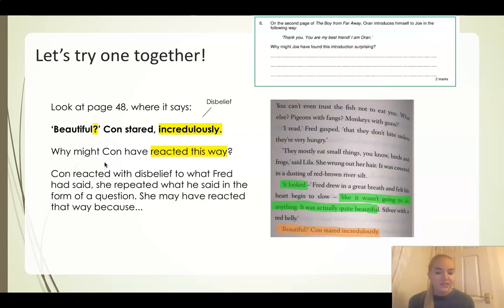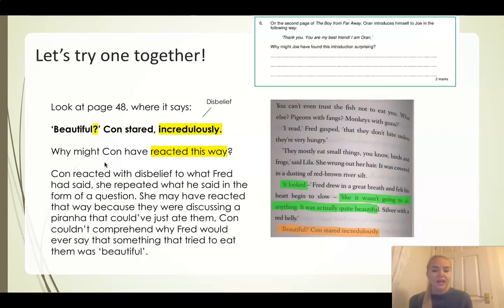So now I can start to use my evidence from the text to actually prove why she might have reacted this way. So now I'm starting to explain it by saying they were discussing a piranha that could have just ate them. And again, that isn't anything new. That's things that the text has told me. The text told me that they were discussing a piranha that could have just ate them. Con couldn't comprehend, she couldn't understand why Fred would ever say that something that tried to eat them could be